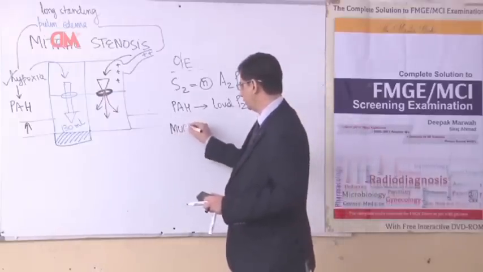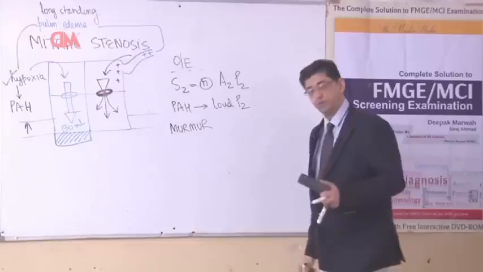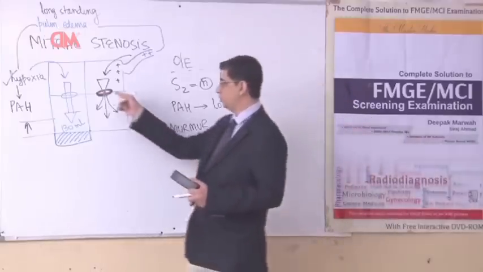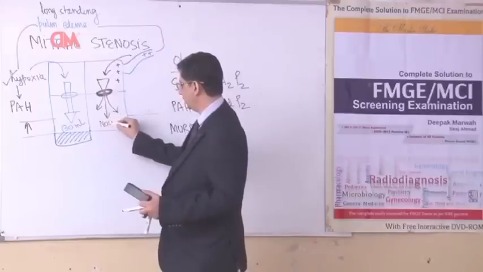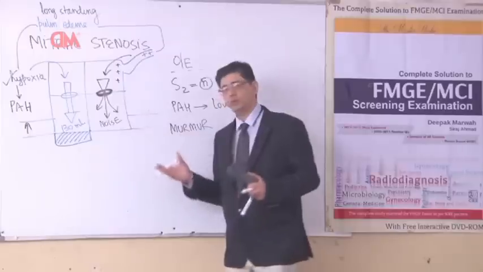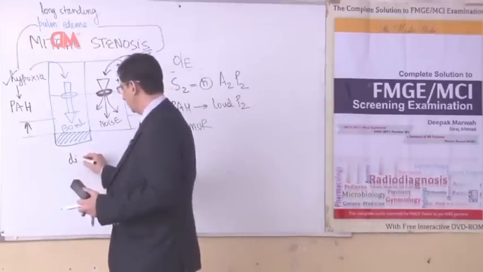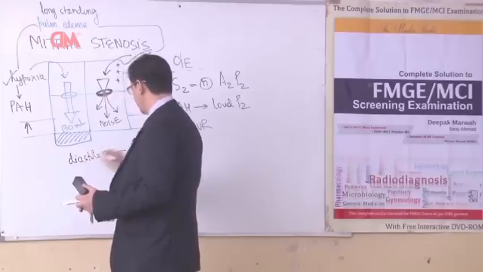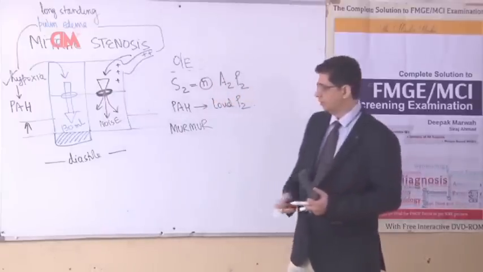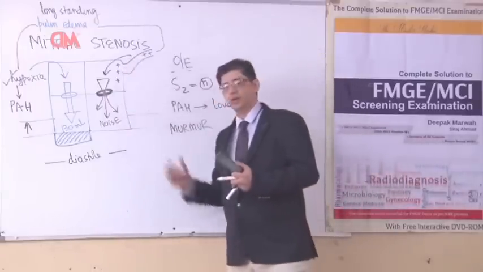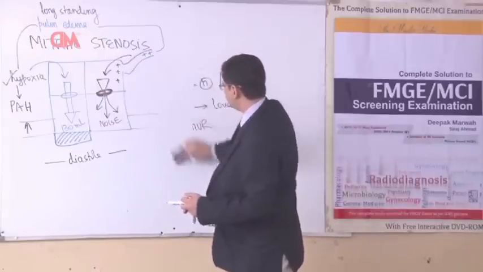In these patients, we will also be able to hear a murmur. The reason the murmur will be heard is that there is a narrow opening present here. When blood travels through this area, there will be a lot of turbulence, a lot of noise created in the ventricular chamber due to entry of blood from LA to LV. Now the blood enters from the atria to the ventricle during the phase of diastole. So I can say that the murmur of mitral stenosis will always be a diastolic murmur, because the blood is entering through a narrow opening, there is a physical obstruction, and noise will be produced.